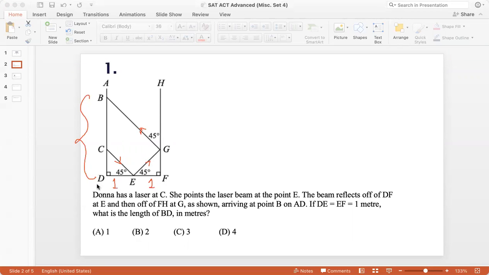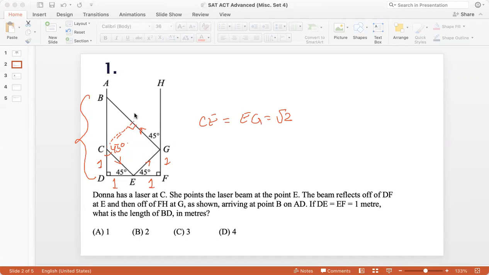This length. So we see that this is 45, so this angle will also be 45 degrees, right? So if this is 1, then this is 1. Similarly, if this is 1, then this is 1. This distance CE and the distance EG will be root 2 by Pythagoras theorem. So if I drop a perpendicular from here,